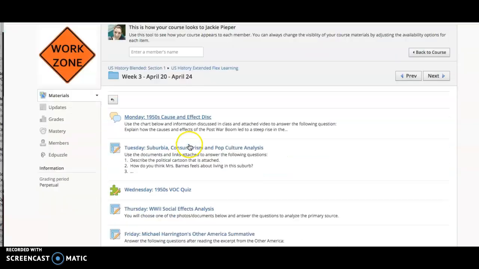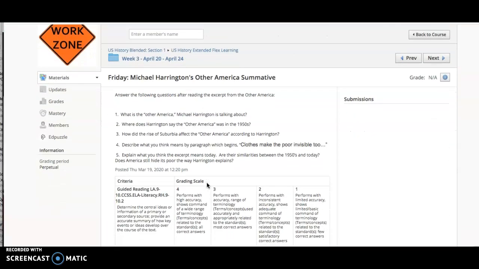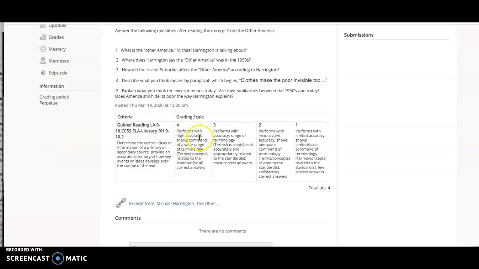And then Friday is this. And this is the summative. And this is the important thing. We really want you to make sure that you do this by the end of the week, if not everything. And this, again, is similar to that reading assignment from Tuesday. And that's why Tuesday is an example of if you did that and you get a high score on it, well, then you should be ready and able to see, okay, I can do the summative pretty well. And if you don't do well on the Tuesday assignment, then that would be a good gauge